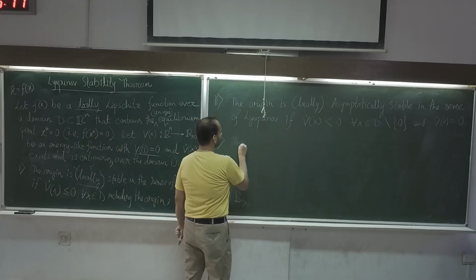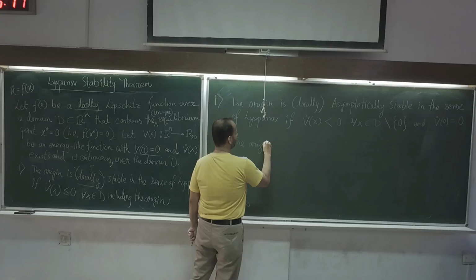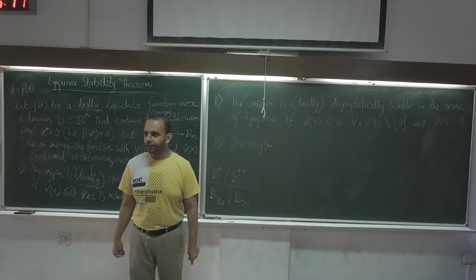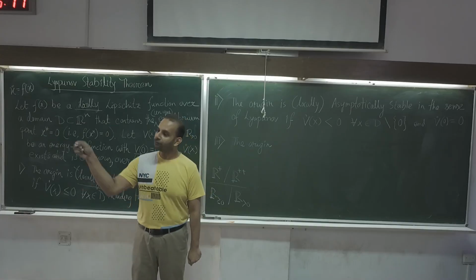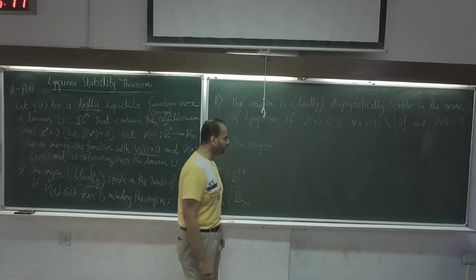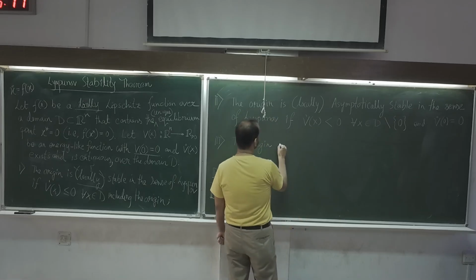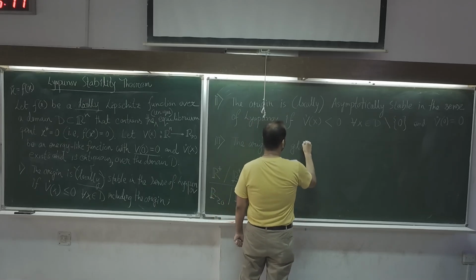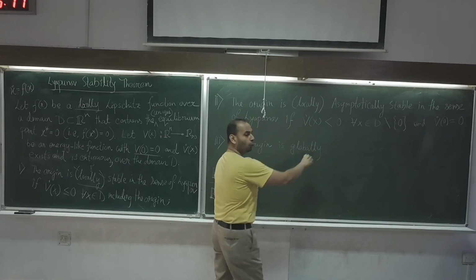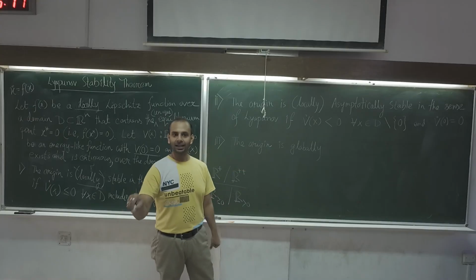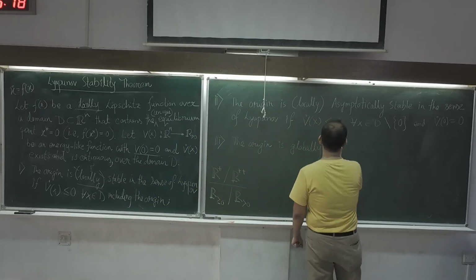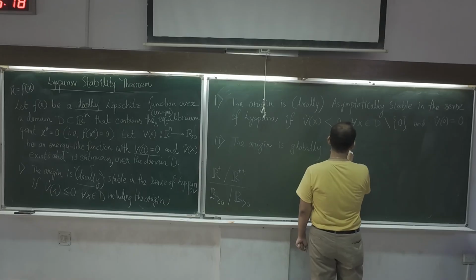Now, the third one. We often think, like you often think, of global asymptotic stability. Is that not at all possible to write? No, it is possible to write, but we have to impose some further restriction on the V function. So how can we write it? This is probably going to be new for you. The origin is globally asymptotically stable. Now you see no bracket, because this is not a redundant fact. This is a special case. Globally asymptotically stable if